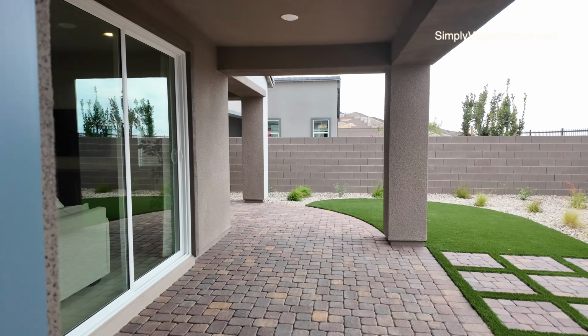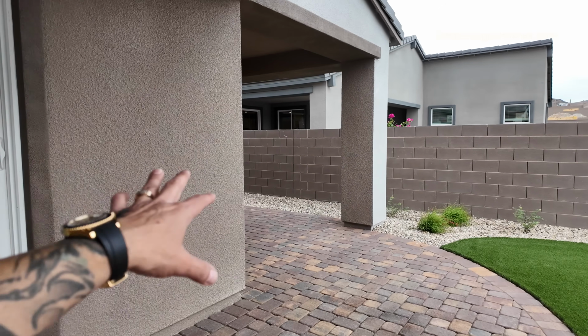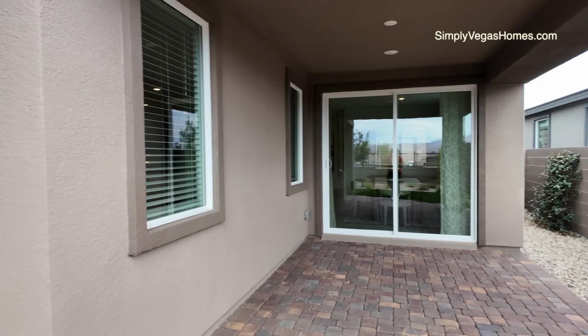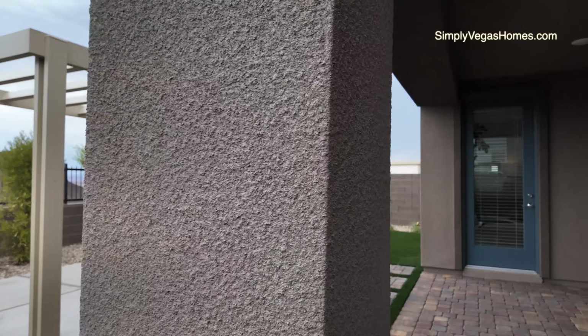We've got pavers here. So your pavers will end right here. On this side, I believe it does not come with pavers. But this kind of gives you a general idea of what you can do. We have pre-wire for the ceiling fans too as well. Also, one thing I do want to mention,